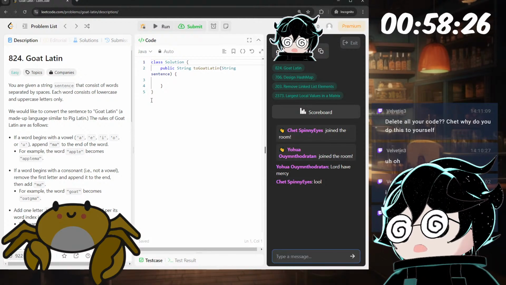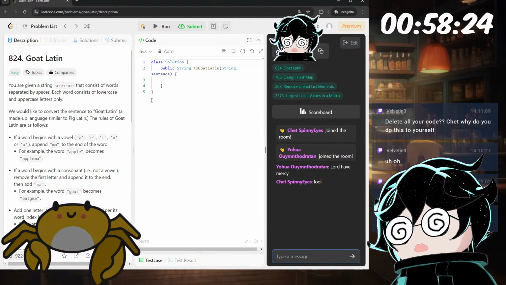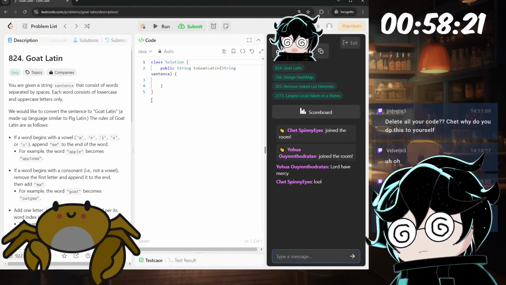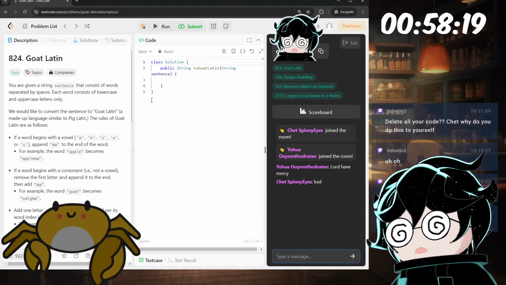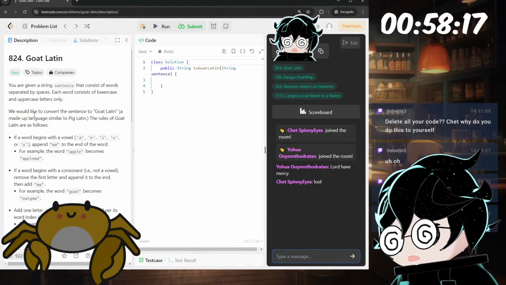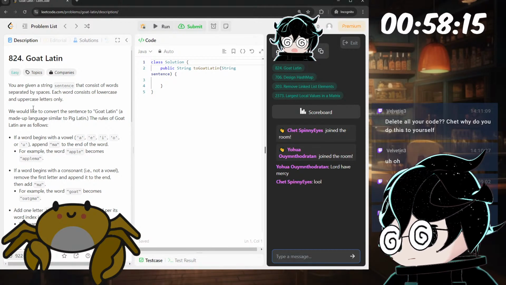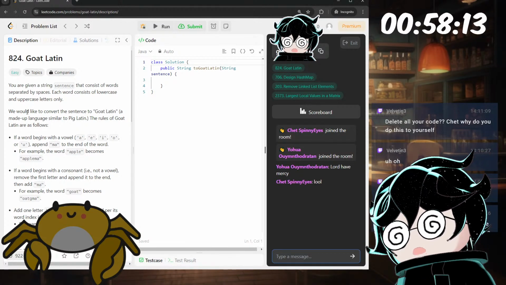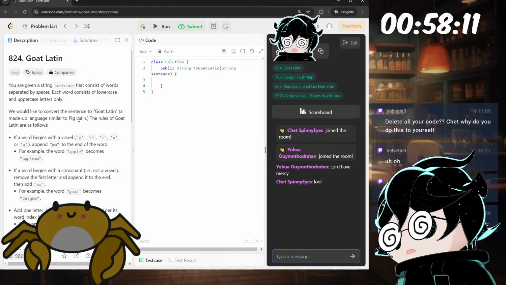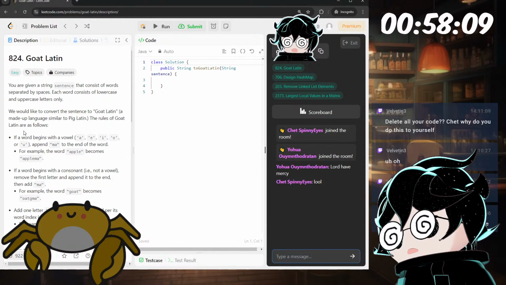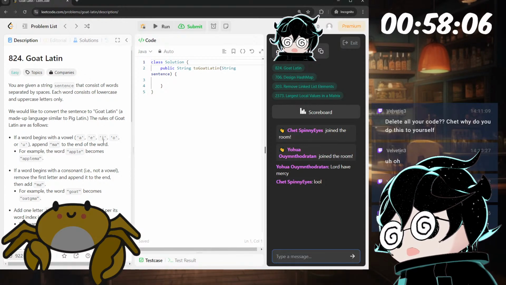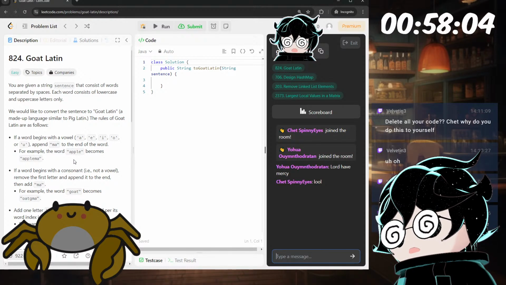You are given a string sentence that consists of words separated by spaces. Each word consists of lowercase and uppercase letters only. Okay, so it contains letters. We would like to convert the sentence to Goat Latin. The rules of Goat Latin are as follows. If a word begins with a vowel, A-E-I-O-U, append ma to the end of the word.